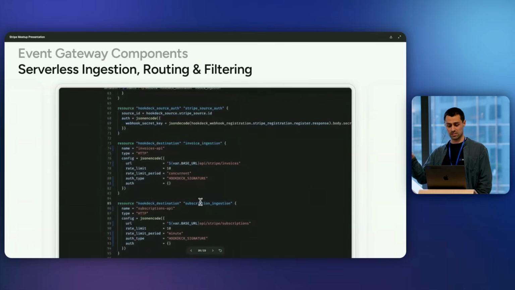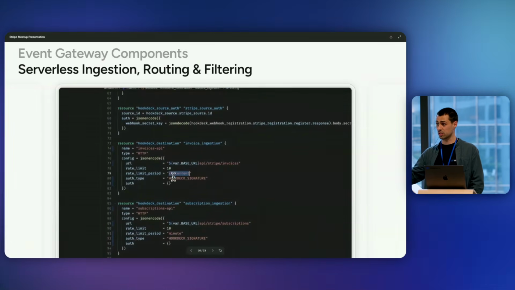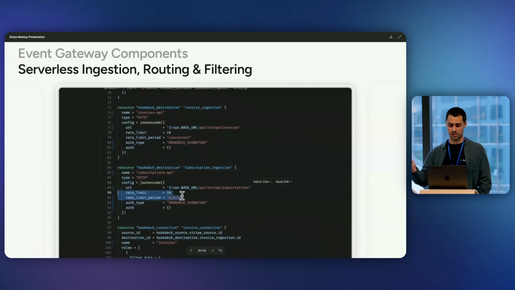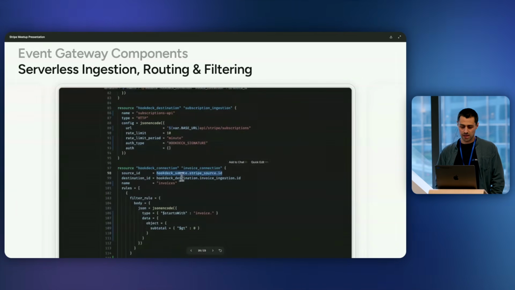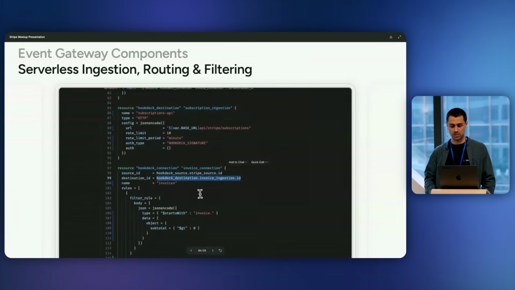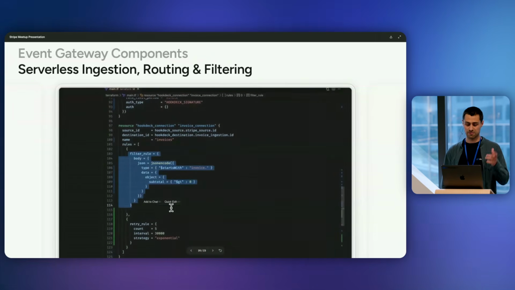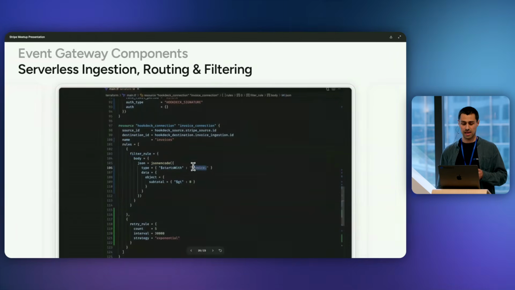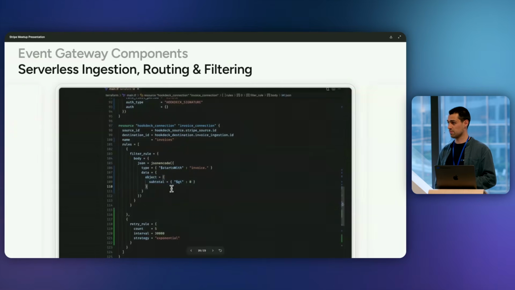And then I'm going to create 2 destinations, one for my invoices and one for my subscriptions. Those are HTTP endpoints that are going to be processing those events. And I'm going to set a delivery rate on these, right? So invoices at 10 concurrent, subscriptions at 10 per minute. And then the last thing, I'm going to wire those things together. So I'll connect my source with my destination, and I'll set filters on it. So in this case, I'm filtering for every event type that starts with invoice., and also every invoice where the subtotal is greater than 0, right?